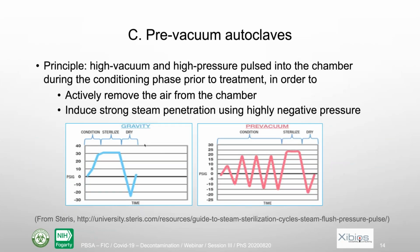The third type of autoclave is the pre-vacuum autoclave. In this case, please look at the graphs. On the first graph, the blue one, you see the principle with the former type of autoclaves, with the gravity displacement autoclave. When you have pushed most of the air outside of the chamber, you close even the last valve, and in that case, the pressure increases. You reach the